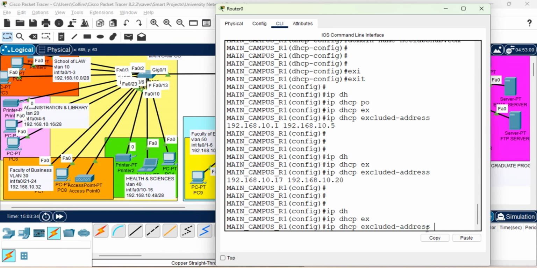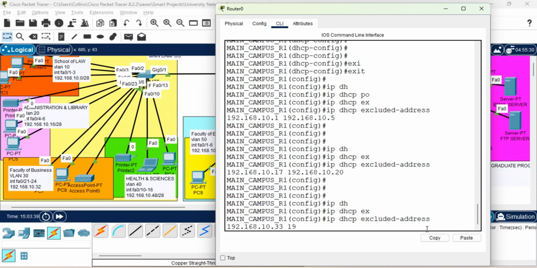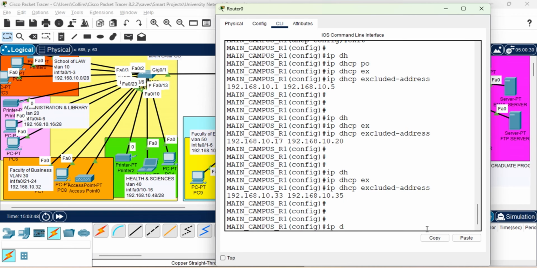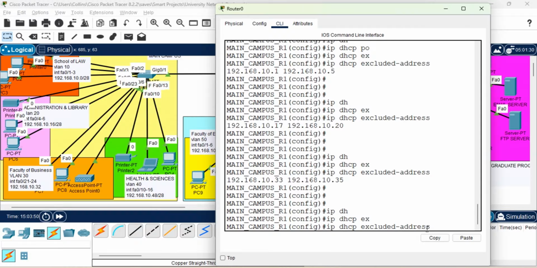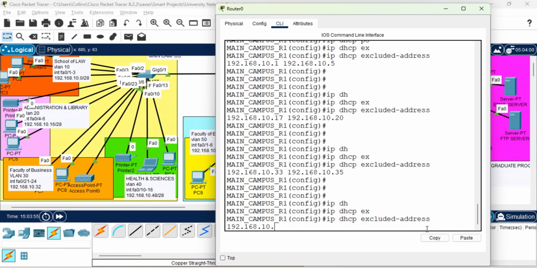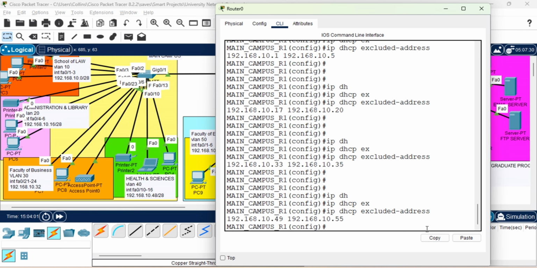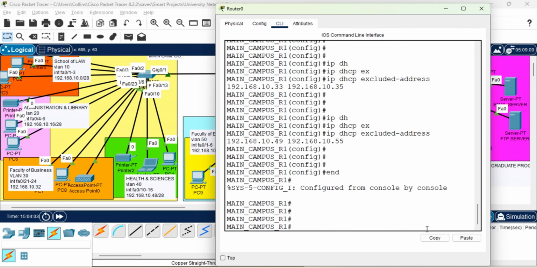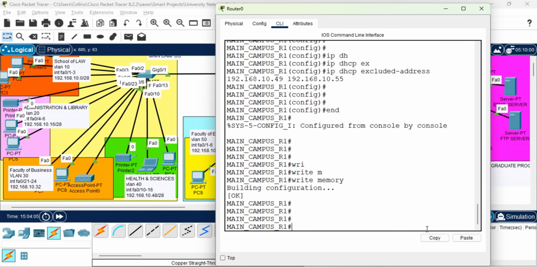IP DHCP exclude 33, that is the faculty of business, .168.10. Let it start with 35. IP DHCP exclude, I'm reserving 49, 65. Write memory, show